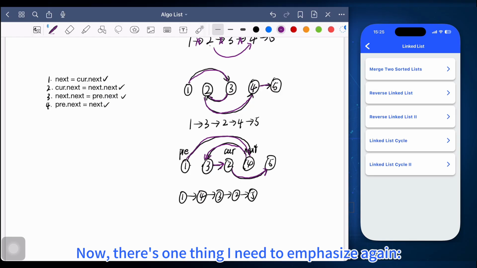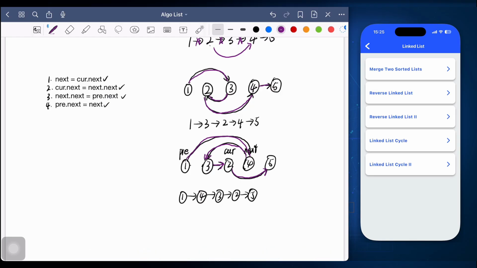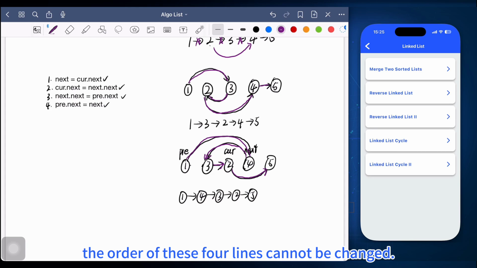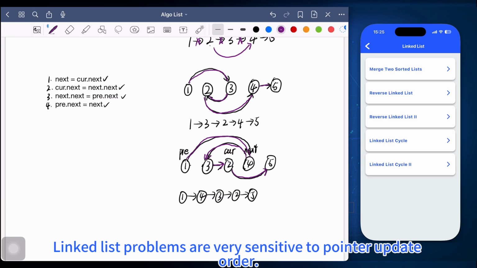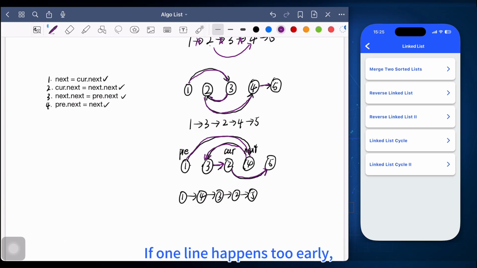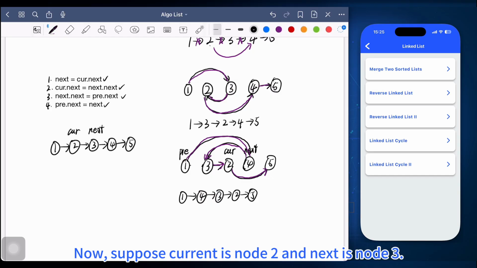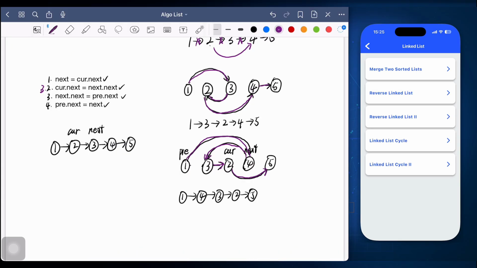Now there's one thing I need to emphasize again. The order of these 4 lines cannot be changed. Linked list programs are very sensitive to pointer update order. If one line happens too early, you may lose part of the list or accidentally create a self-loop. Let's look at an example. Now suppose current is node 2 and next is node 3. If we accidentally swap the second and third line, like this,